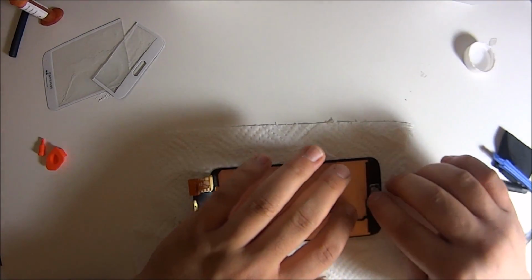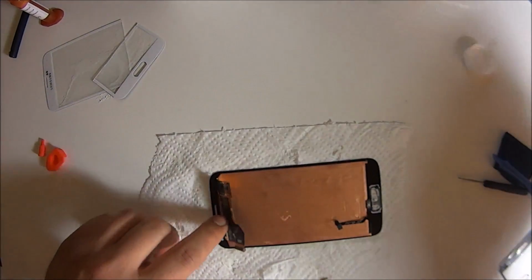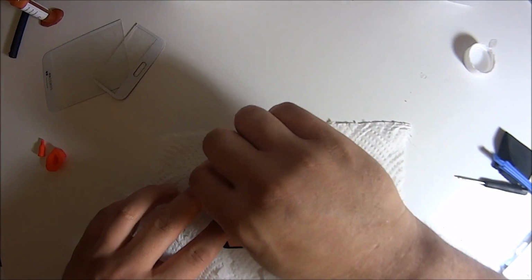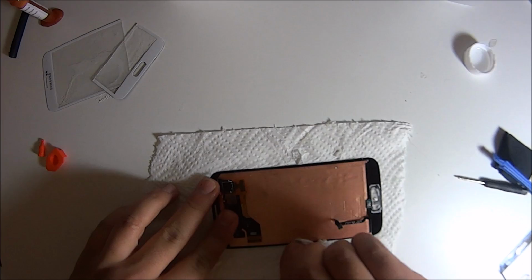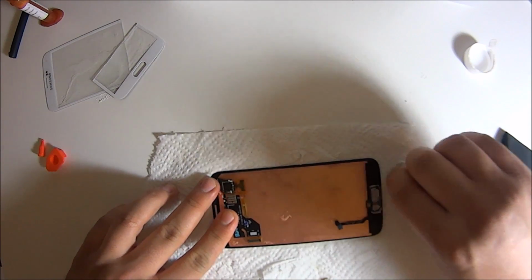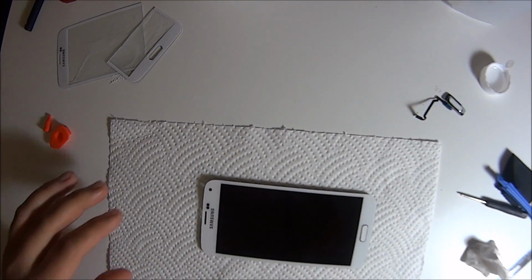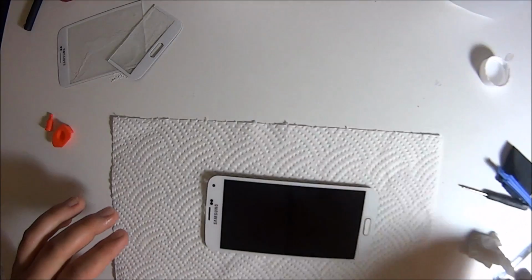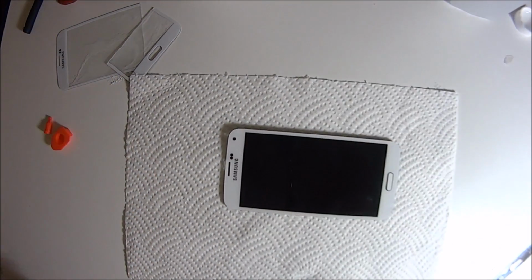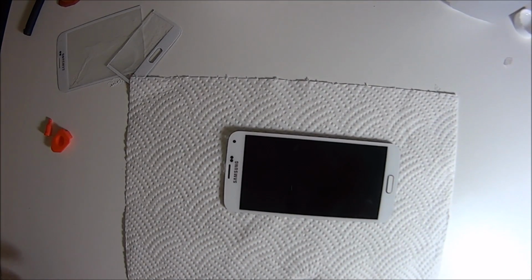And then once we turn it back around, you're going to want to use the UV light as long as possible on there. I would recommend you guys 5 to 10 minutes so it cures everything perfect. You don't want it to be super liquidy in there. And at some point when you're driving your car, just leave it on the dash. The sun has UV light too. I wouldn't really recommend doing that, but it's an alternative. If you don't buy the kit, you can use UV light. I don't know how it works, but